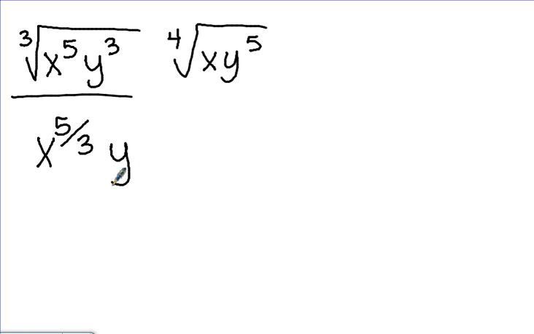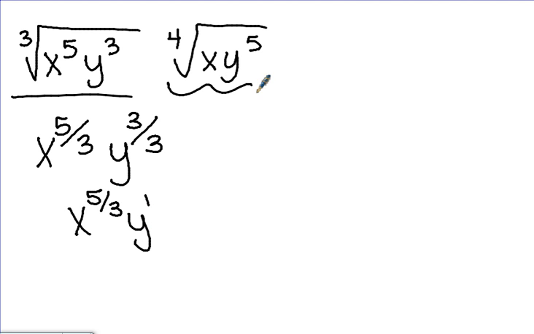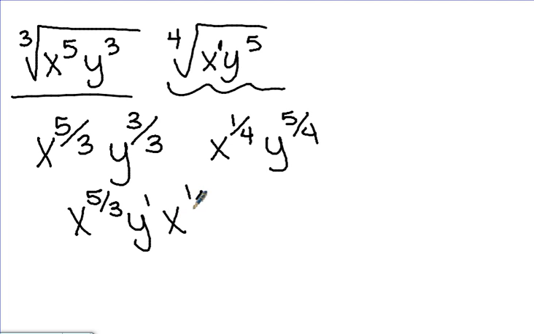When we get to y, the power is 3, so that's our numerator, and the root is 3, so that's our denominator. That can be simplified to y to the first, because 3 over 3 is 1. Now when we go with our second term, x is being taken to the understood first power, and it's the 4th root, so that's our denominator. And y is being taken to the 5th power, 4th root. So now that we have x to the 5/3, y to the 1st, x to the 1/4, y to the 5/4,